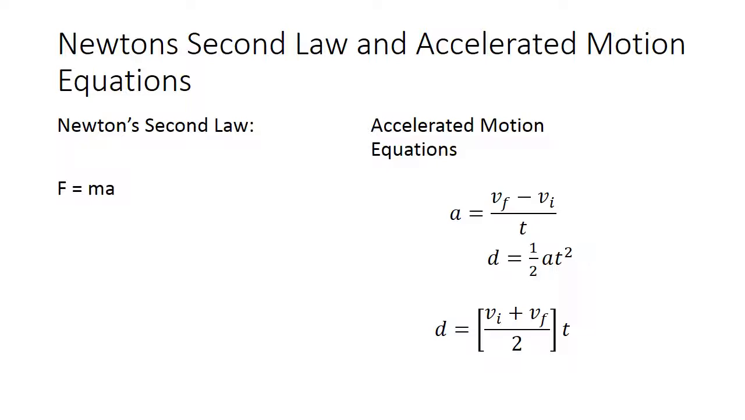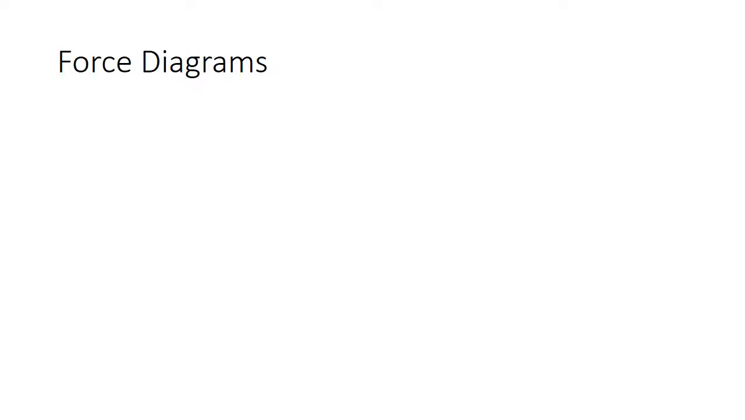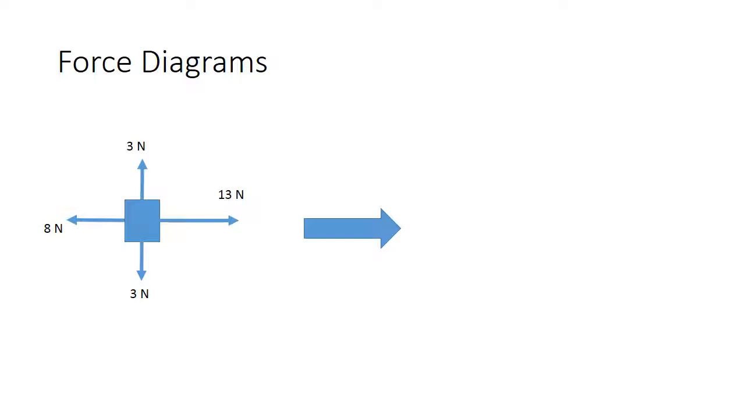Okay. We're going to add a different wrinkle to that, the force diagrams, the vector diagrams. So we had all those forces. We have a 3 Newton force up, a 3 Newton force down, an 8 Newton force to the left, and a 13 Newton force to the right. Okay, you can see that the 3 Newton force up and 3 Newton force down, we're going to combine those together, and we're going to end up with one little force, right? And the net force on it is going to be